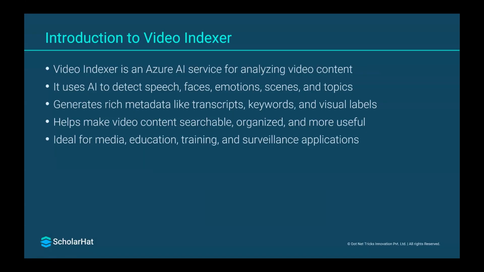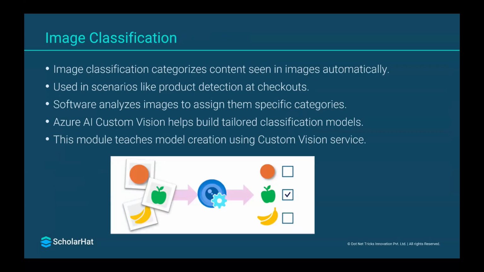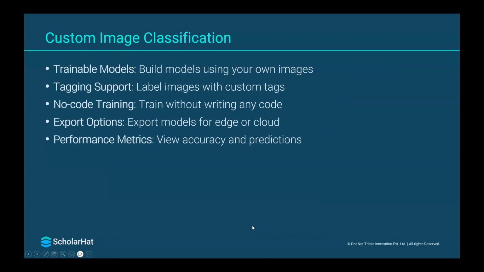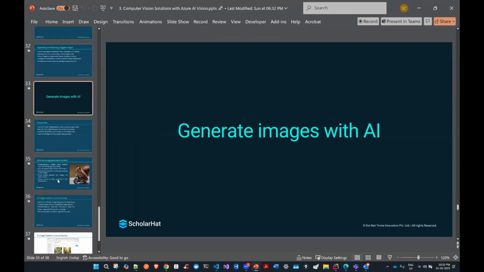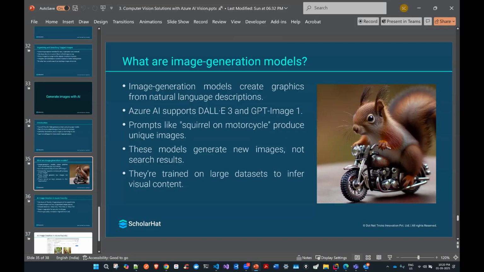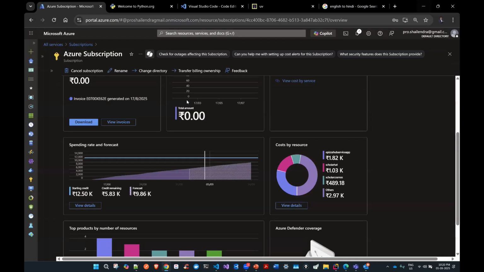We have a video indexer as well, where we do video analysis to find out things. This is for image classification. We have images and we classify them into a specific category. We can generate images as well. Let's say this is an image I can generate using DALL-E. Here we have things clear. So this is the vision service we have to get started with when it comes to learning.